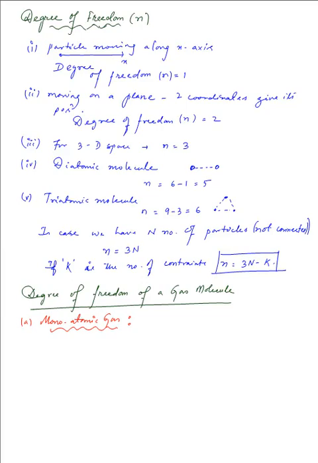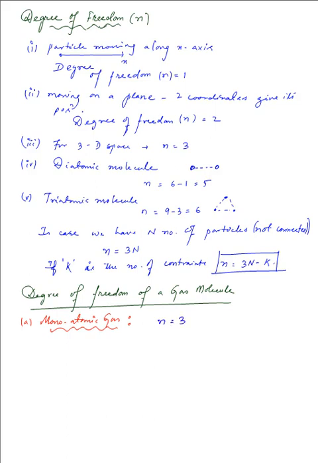Now for a monoatomic gas, the molecule is considered to be a point mass under ideal conditions that we already discussed, and it only possesses translatory motion. So there's no chance of it being rotated or executing any rotational motion about any axis passing through it, because we are considering a point mass, and due to its negligible size, of course. So as a result of that, the degree of freedom for this is simply given by